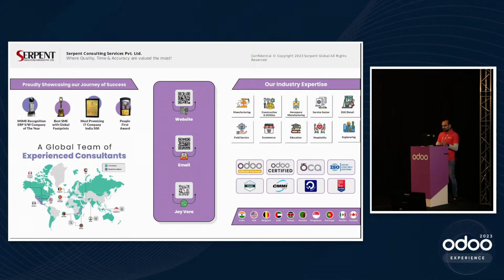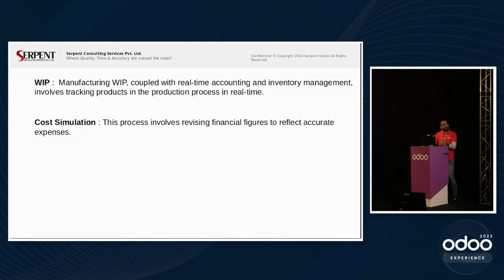Let's talk about the topic now. The topic we are presenting is called work in progress manufacturing. You know, what happens in real manufacturing is it's not always a filmy stuff. Production starts, it stops. There are always various hiccups coming in. When the production starts, there could be a machine getting damaged. There could be a product quantity you have to increase or decrease. There could be a labor cost increasing. There could be overheads coming in. So the work in progress is a kind of phenomena.